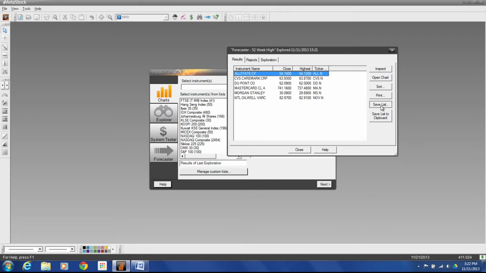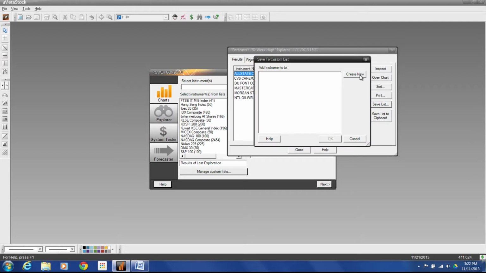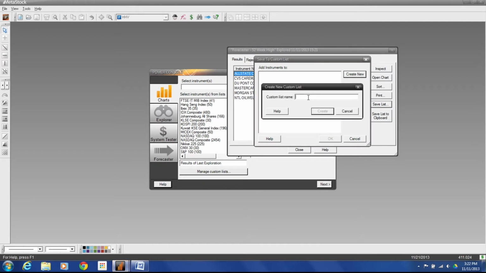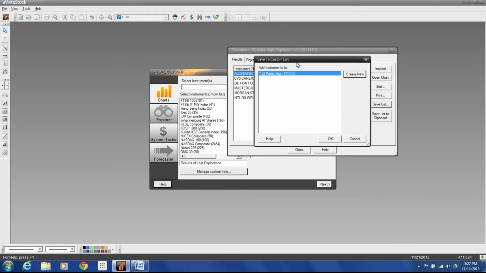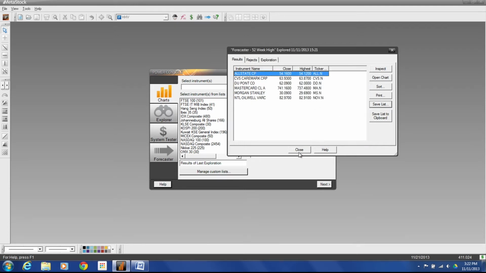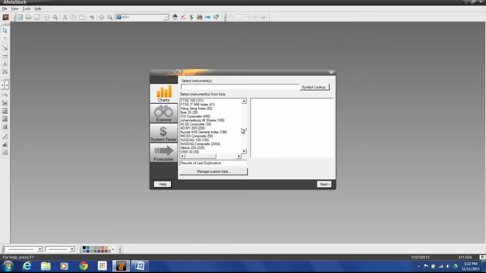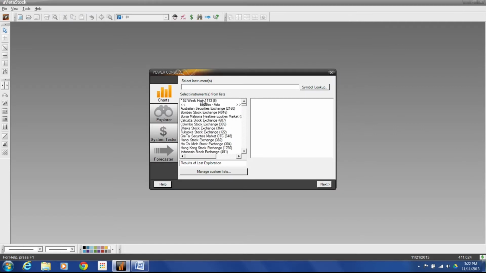So I'm going to choose Save List, Create New, and then I'll call this my 52-week high, and then I'll put my date, so 11 of 13. Create. Okay, so now I have my custom list. I'll choose OK. I can close this. And now you'll see here at the top of my instrument list, I have my 52-week